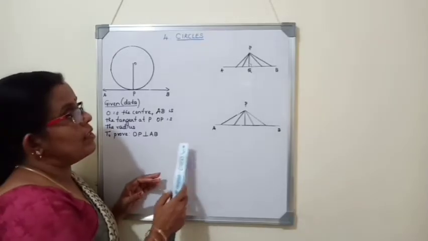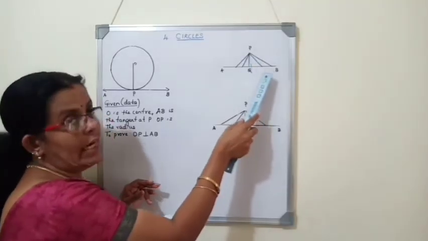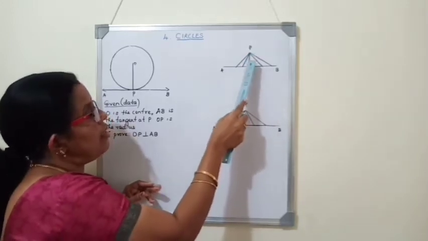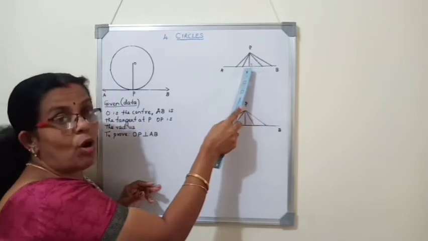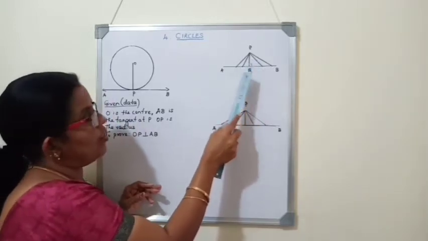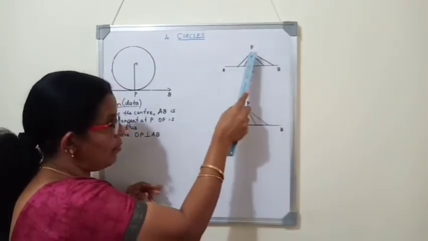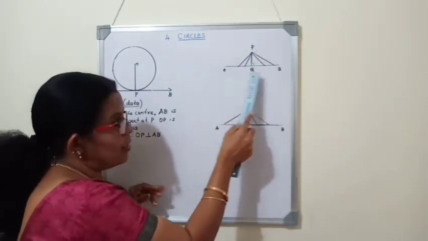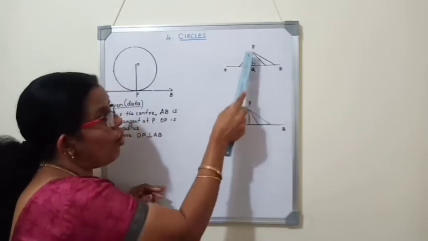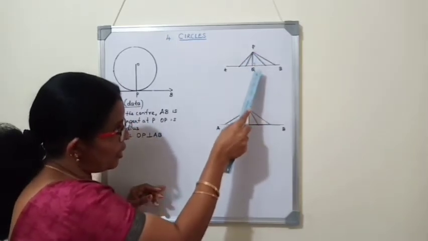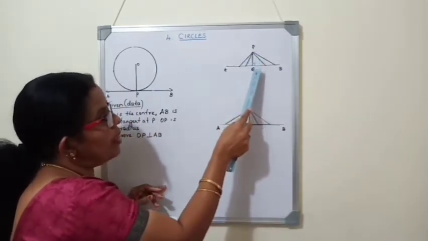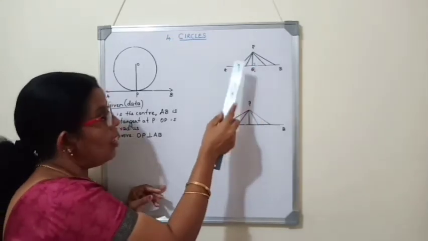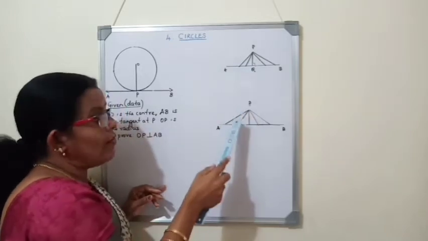The theorem states that out of all the lines which are drawn from an external point to a given straight line, the perpendicular line is the smallest line or the shortest line. So here AB is a straight line, P is an external point. From P I have drawn 4 lines to the straight line AB. Out of all the lines, PQ is the perpendicular line. Perpendicular line is the shortest line among all these lines. That is the theorem. We wanted to know the converse of this theorem.